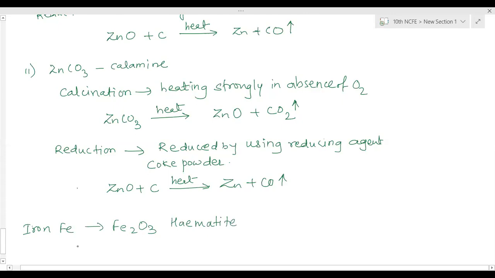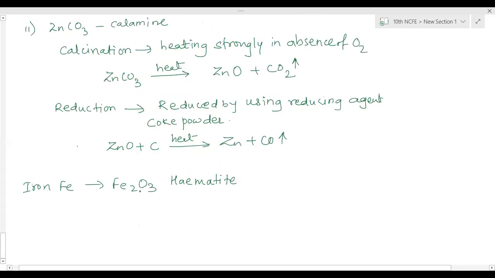So it has been heated. It is an oxide itself, so we have to reduce it. It is reduced by a displacement reaction. Fe2O3 is made to react with aluminium, and then a displacement reaction takes place. Aluminium combines with oxygen and forms Al2O3, and iron is separated.